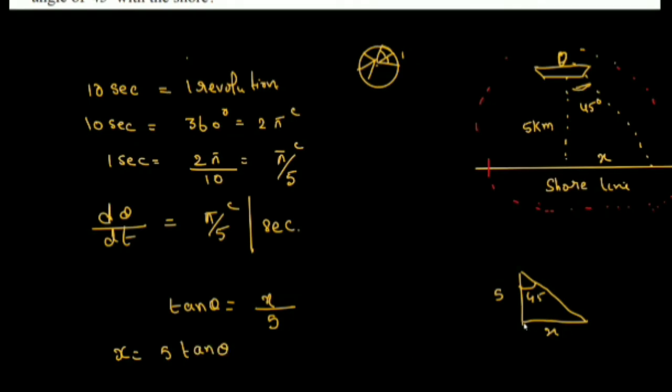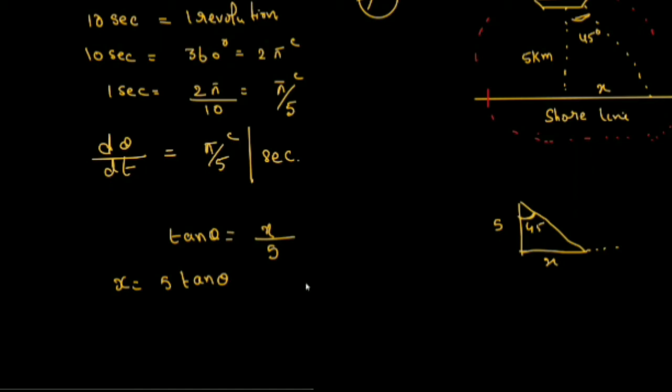Only then we can find the distance, how far. This distance is not a constant, it is moving. At a particular instant, the angle is 45 degrees. The beam is moving, so x is a variable here. The question is how fast is the beam moving, so they ask you to find dx by dt. What is dx by dt? How fast is the beam moving, the distance moving?